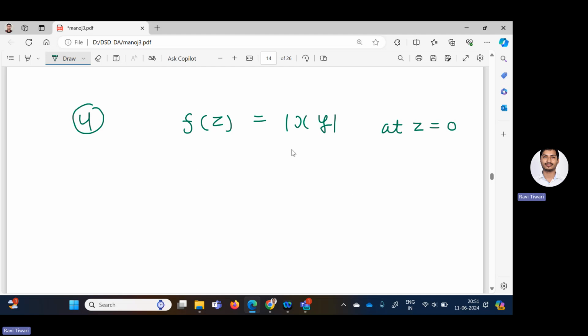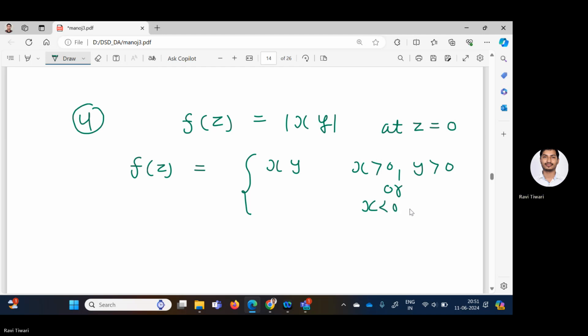Let's check. First let me define f z equal to mod xy. So you get xy if both x greater than 0 and y greater than 0, or x is less than 0 and y less than 0, that is, either both are positive or both are negative. And what about minus xy, the second part? If,